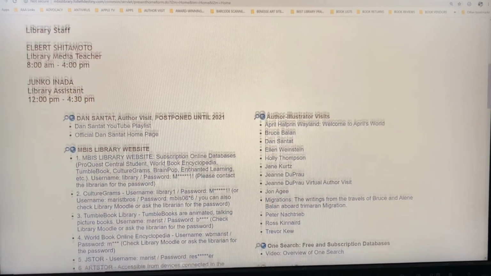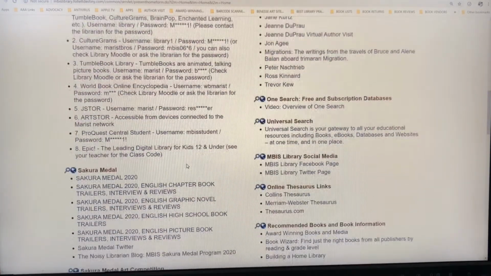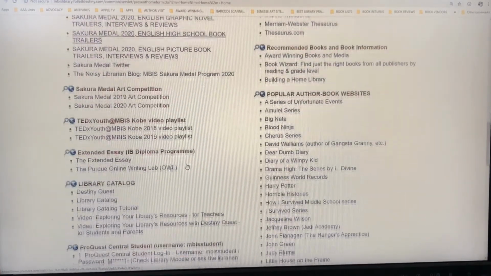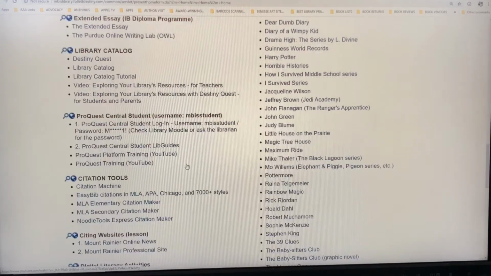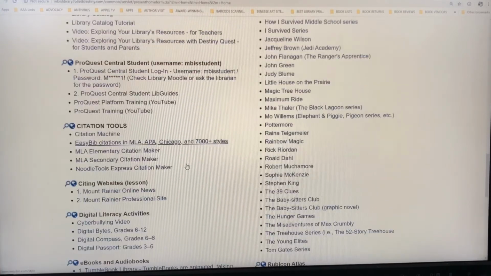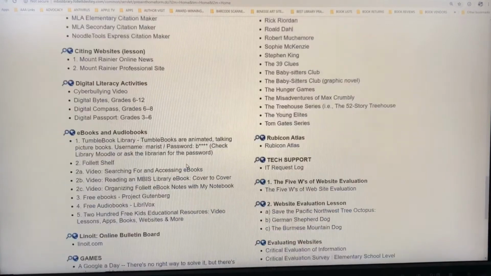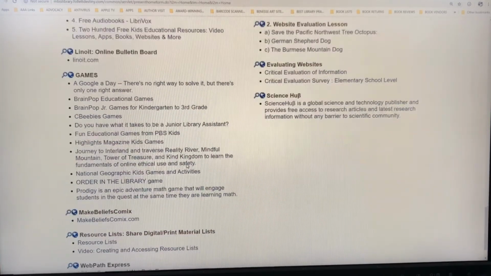Okay, so going down this page, you'll pass different links, Sacramento links, links to our databases, the catalog, citation, and right here is one called Games. I just went through these recently to make sure that they were educational.